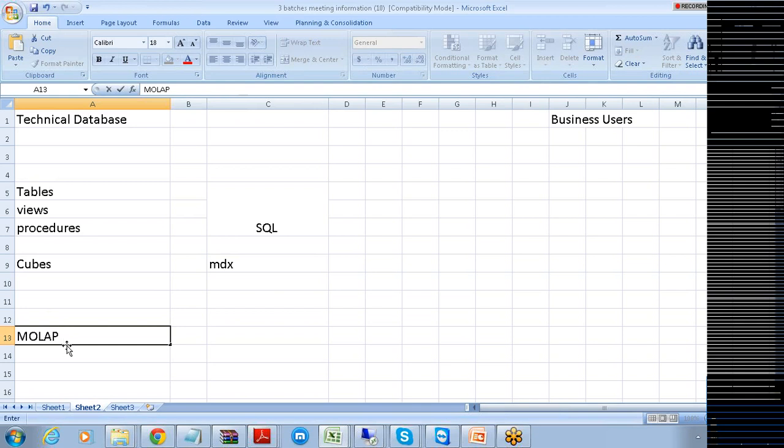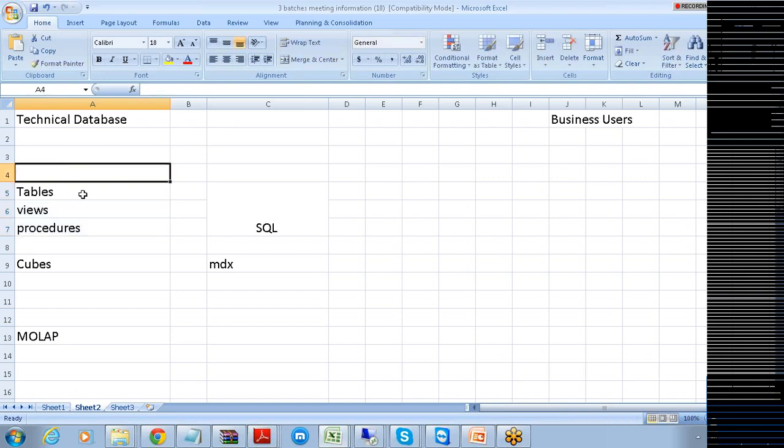That means if your analytical information is present in the form of multi-dimensional structures, then we call such databases MOLAP databases. But if your OLAP information is present in the form of relational tables and views, then we call such OLAP ROLAP, which is relational OLAP.